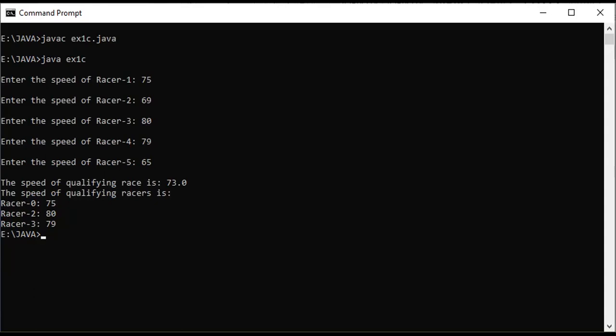So racer 0, 75, he qualified, that means the first racer, and racer 2, 80, is qualified, and the third racer qualified with 79, like this. Okay, this is the way you can collect the output here and complete the 3 program sessions in this lab session.